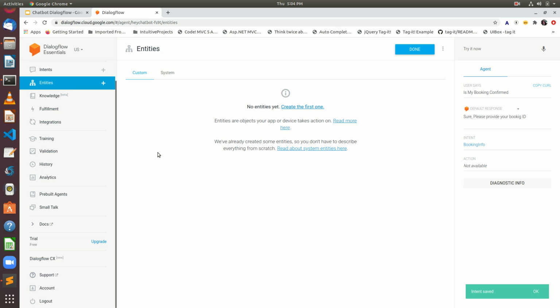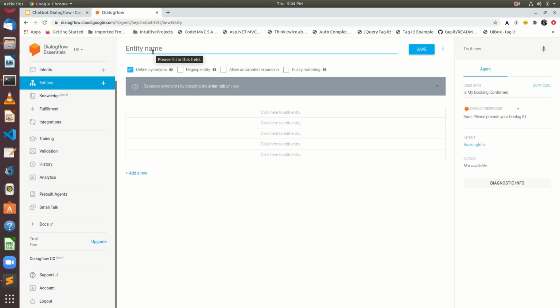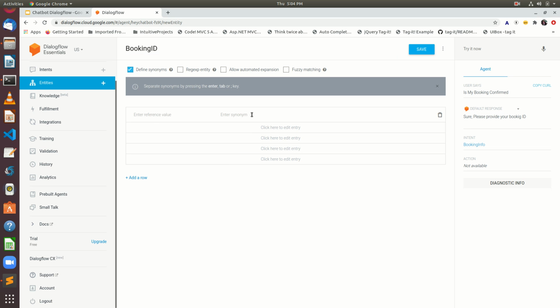Okay, let's create that entity and name it booking ID and give a correct booking ID. I am giving one correct booking ID. Based upon that, it is going to match with this. Okay,